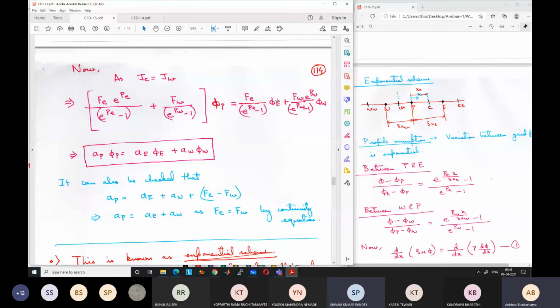Yes, so it is using the exponential series. The series has a large number of terms, so it will have to be truncated at some point, but we have to include a large number of terms for it to be quite accurate. Each of the terms will also have multiplications, like 1 plus x plus x square by factorial 2 plus x cube by factorial 3, something like that, right? So you have to do a lot of factorials and a lot of multiplications. So each exponential calculation is very complicated.